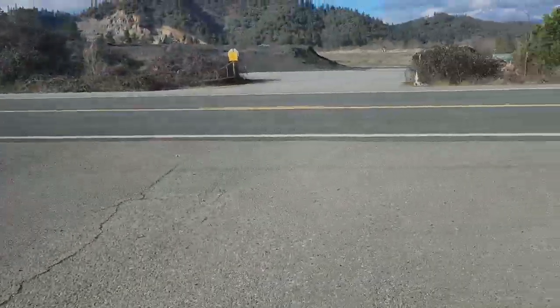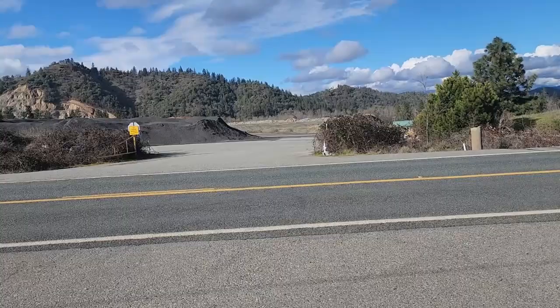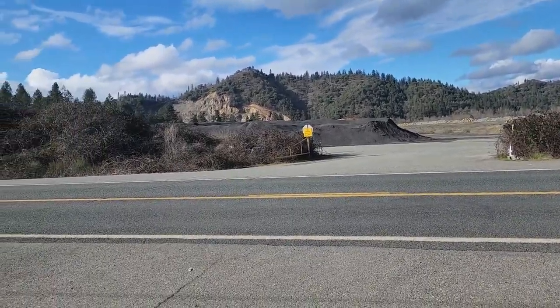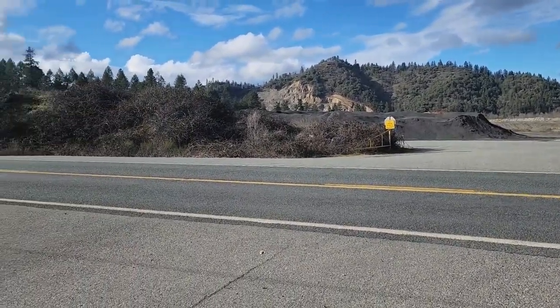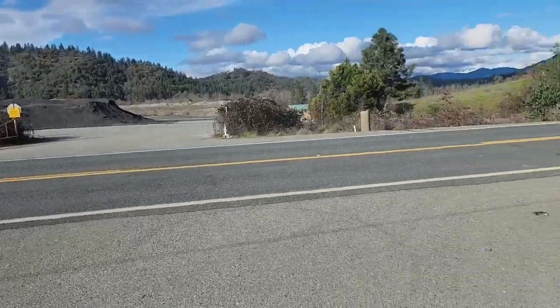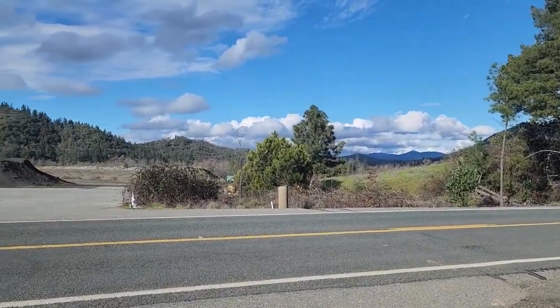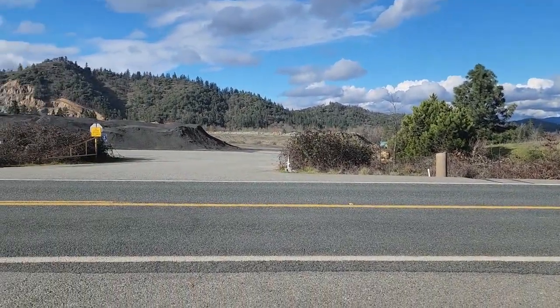We're doing something a little different. A couple of you who have followed the channel have seen this spot before, next to a gravel quarry. We're actually south of the loft. We're trying something a little different here. We're going to call this the Dogleg, is what we call it. So kind of the situation is,